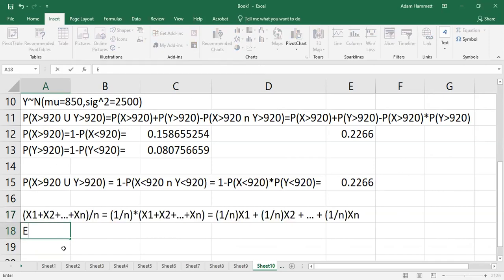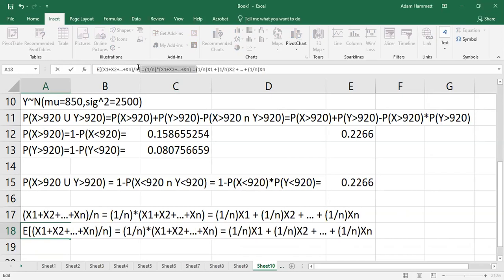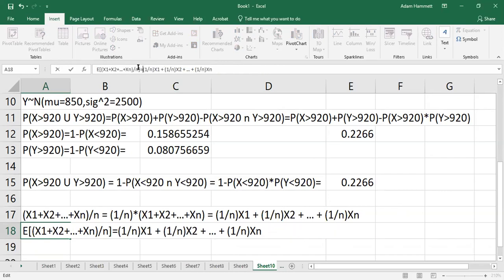So I do the expected value of that. Sorry. Expected value of that, and that's going to be equal to the expected value of that,